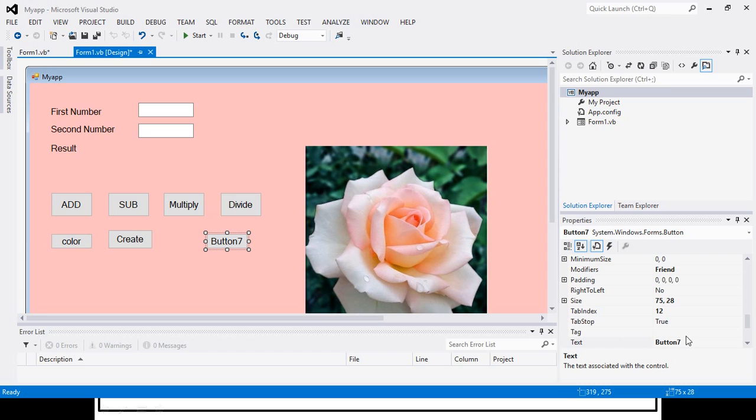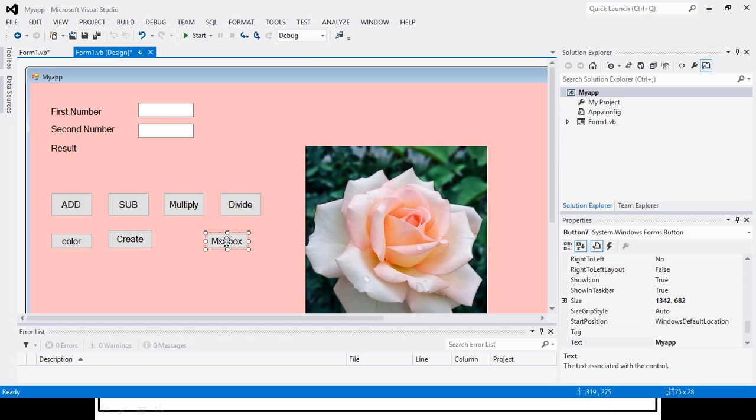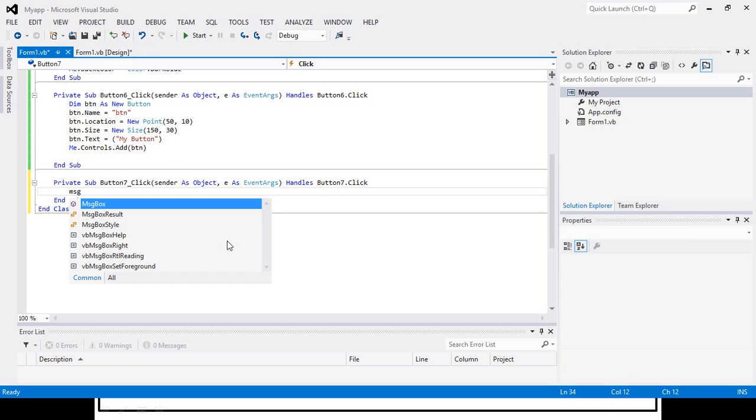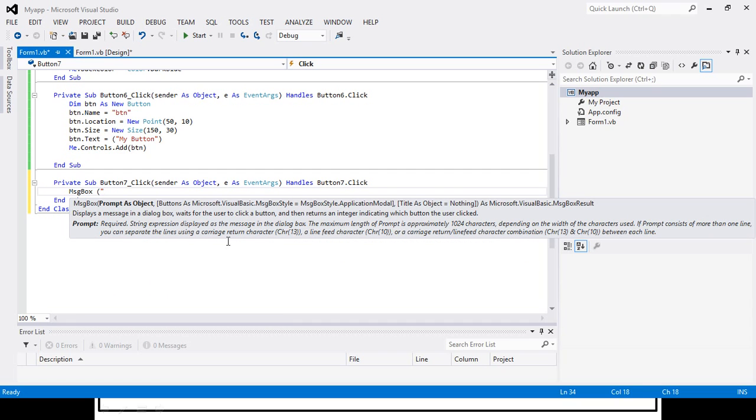I will give the name of that button as MSG box. So this is the name of my button, and when I click this, the message box should be displayed. So MSG box, and here we will have some parameters, that is, hello friends.